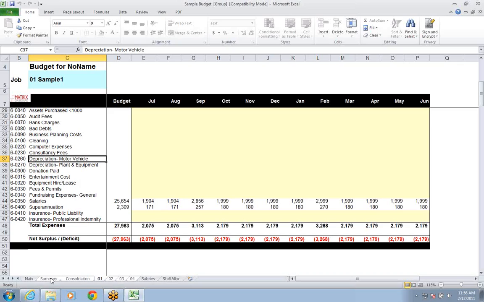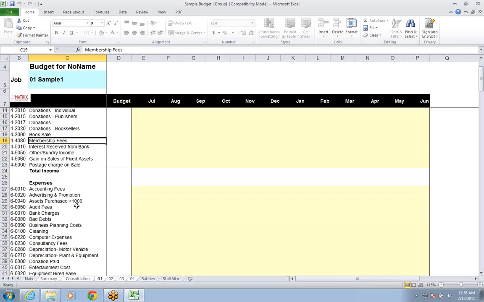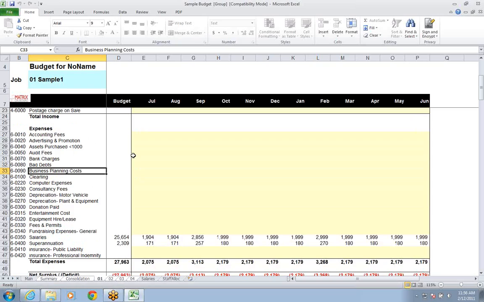The reason why we're not holding shift down all the way from summary to the last job page is that there's hidden sheets in between here, and to insert lines and to write over things will create problems there. So what you will need to do is go to where you need an account inserted. So let's say it's here. Now remember, when your sheets are grouped, that what you're performing on one page, you're performing on all of them. And just here,